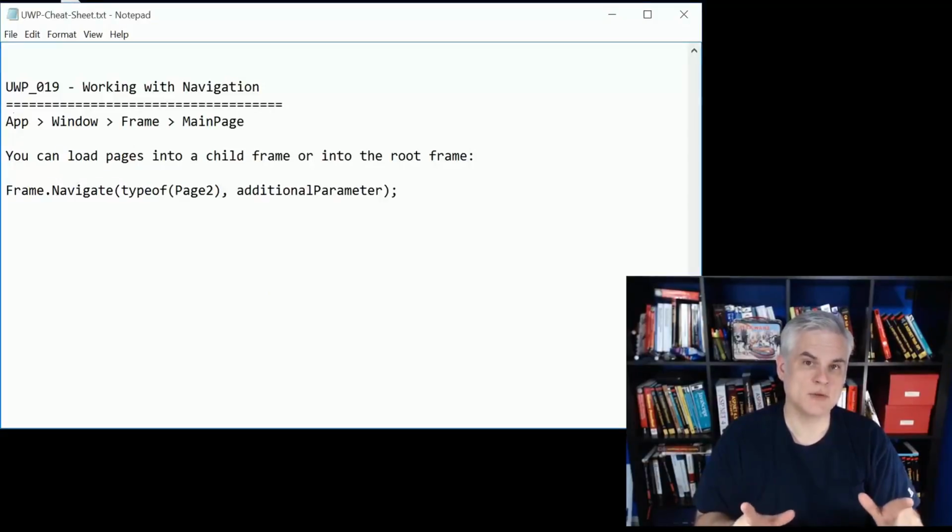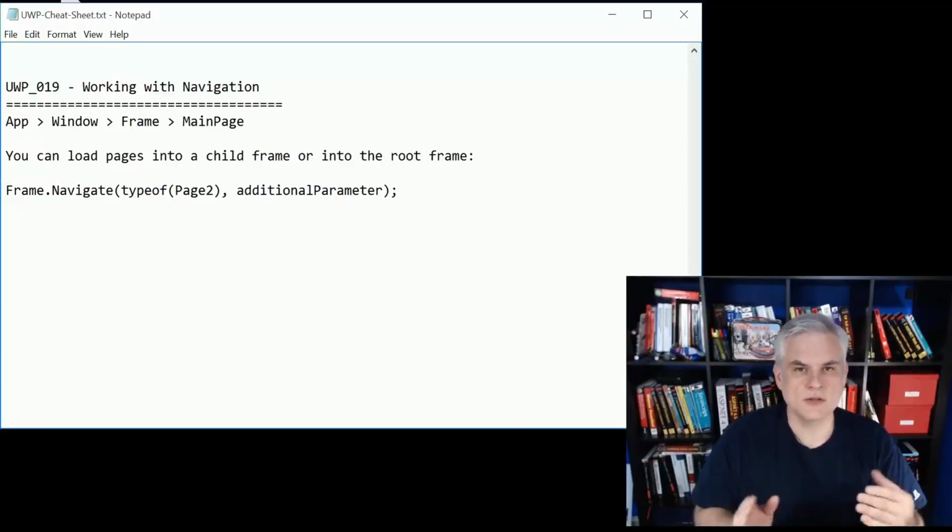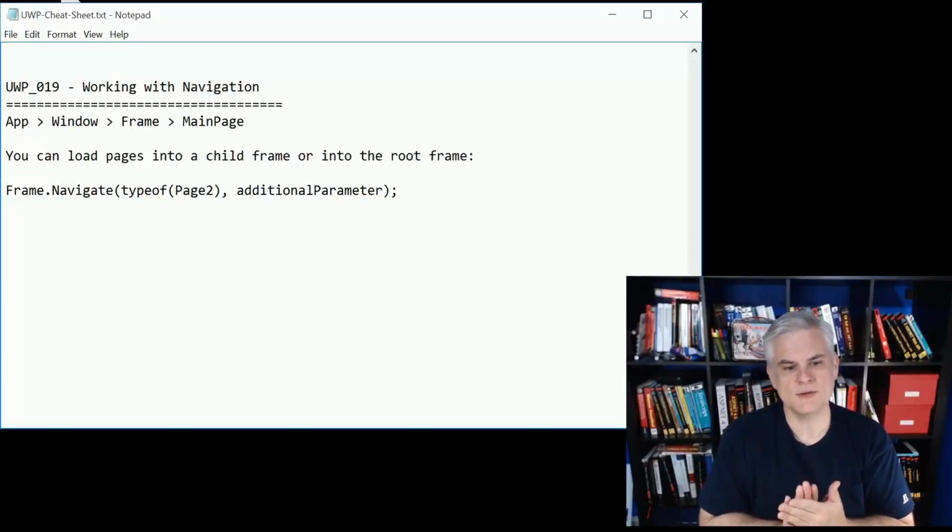An app owns a window, and inside the window is a frame. We see all this set up for us in the app.xaml.cs, and then the frame will load in the main page. Now you don't have to do it that way, but that is what the blank app template will give you. And so then you can either load new pages into that root frame, or you can add other frames into your XAML pages and then load content in and out